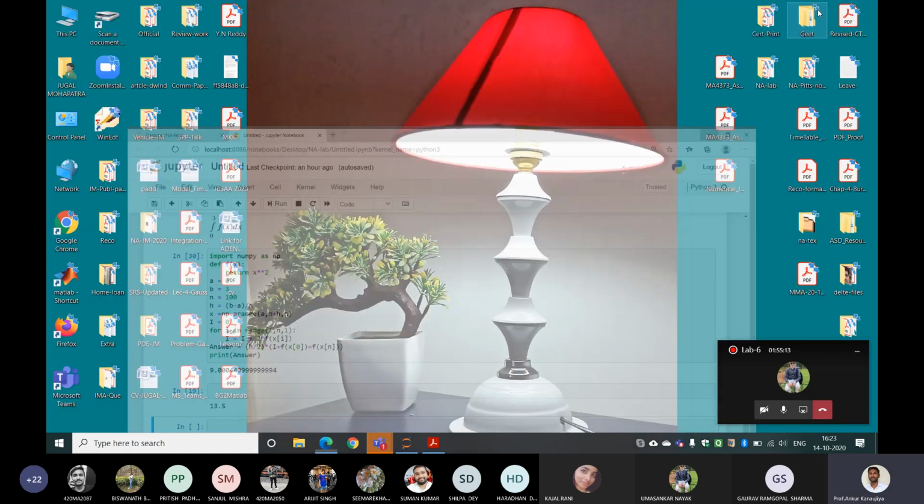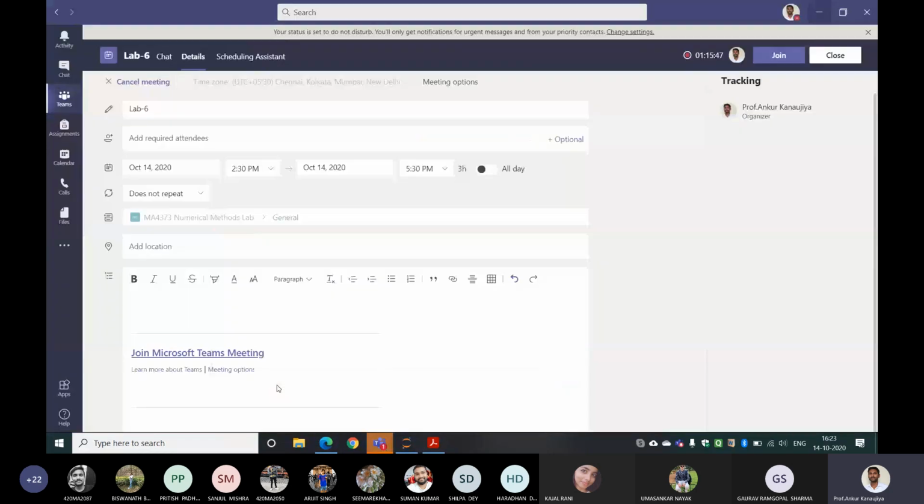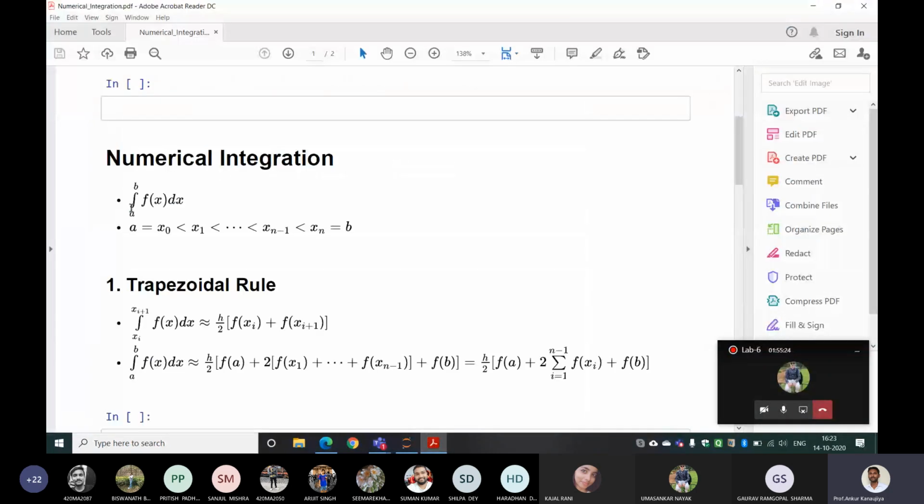See, the idea about composite is that you can divide the actual integration limit into sub parts. Like one integration is broken into sub parts. Like this, a to b, we can denote by x0 to x1 plus x1 to x2, up to xn minus 1 to xn. That we can break, and then after breaking, in each interval you are applying the trapezoidal rule or Simpson rule or any other rule.